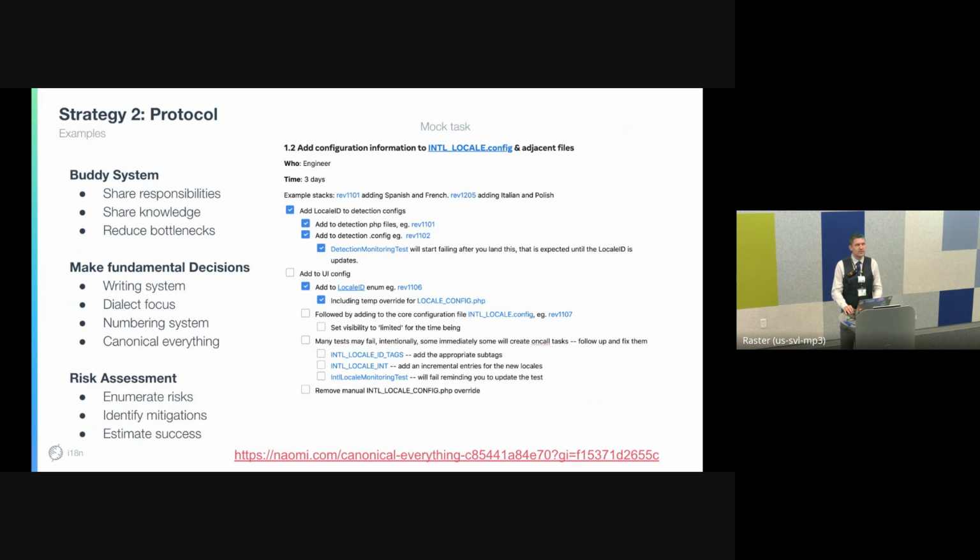Another part of this is having a risk assessment. We didn't expect to succeed in every single language. The original number for how many languages we planned to launch was not 35. We knew that some languages had conditions that were out of our hands, and we wanted to get to as many languages as we could. If we get there, we'll be really happy, but we may not.